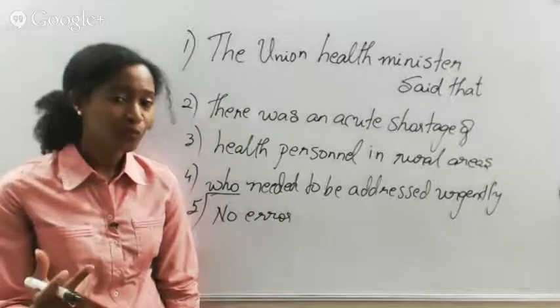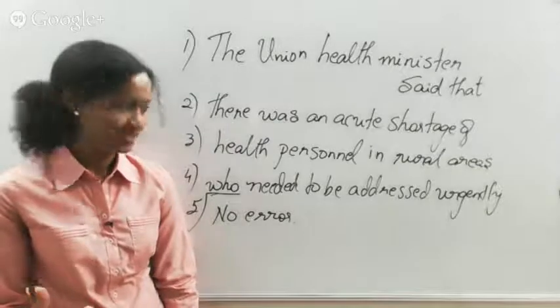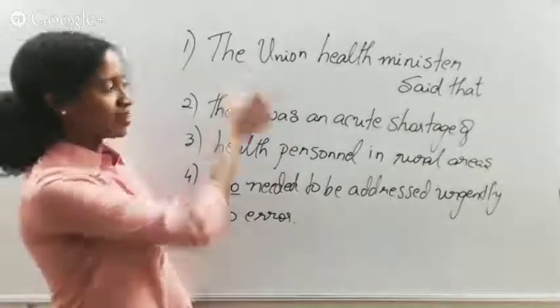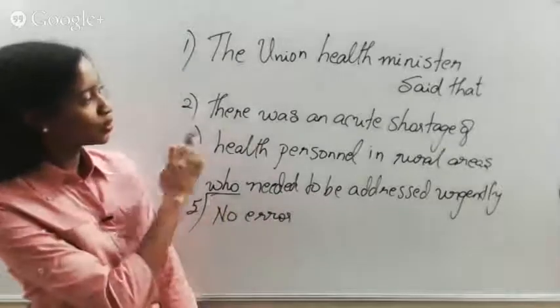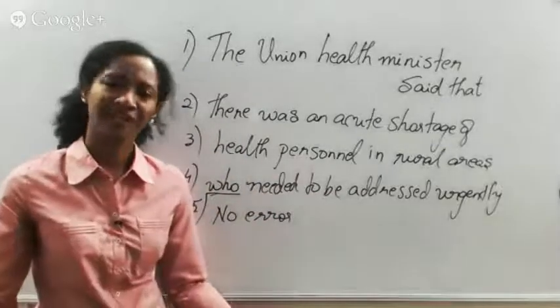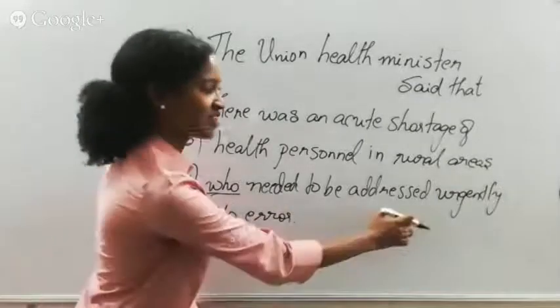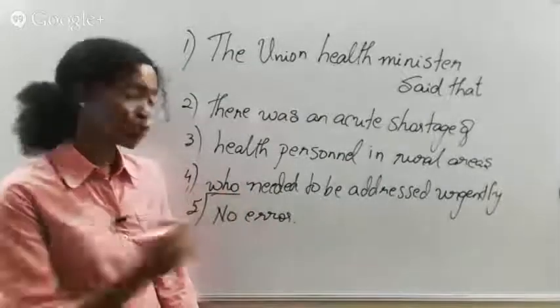Very simple. Is it adding information or limiting information? The meaning of the sentence is still intact even if I don't have this, right? The Union Health Minister said that there was an acute shortage of health personnel. Is the meaning intact? Yes, right? This is additional information coming here that needs to be addressed urgently. So I replace who with